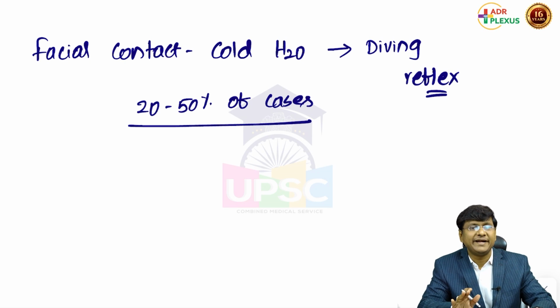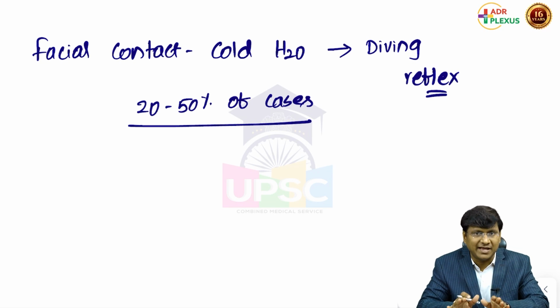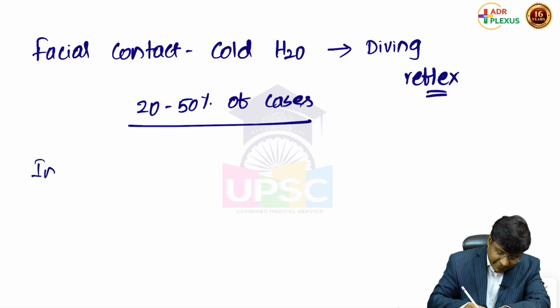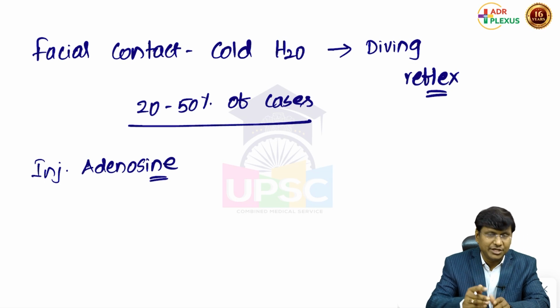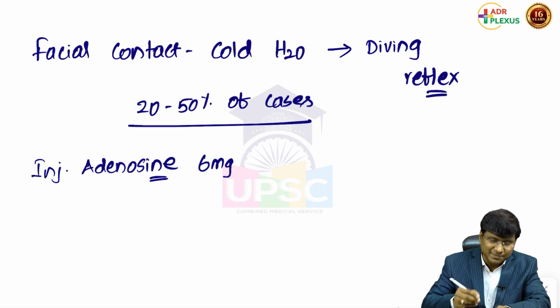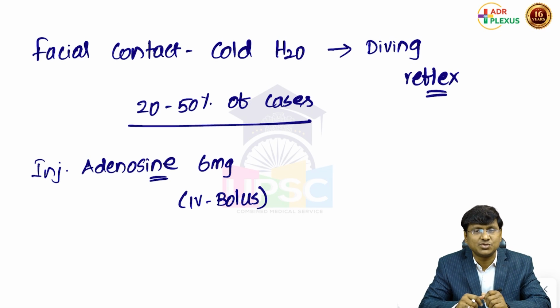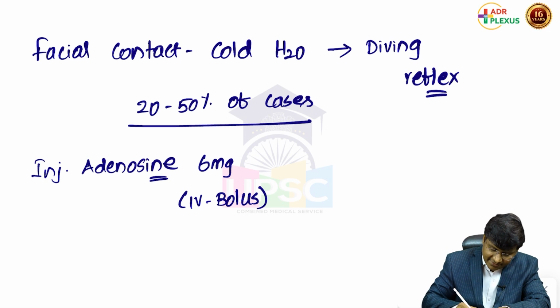Right, it will abruptly terminate the arrhythmias in 20 to 50% of cases. Now, if these vagal maneuvers fail, then you need to give injection adenosine. Initially you need to give 6 milligrams of the adenosine, and this has to be given intravenously and as a bolus, and this should be followed